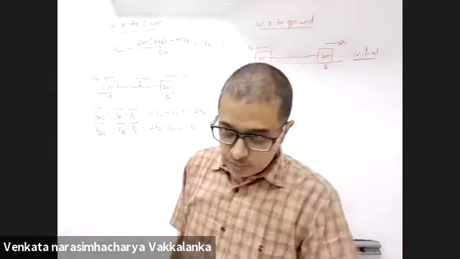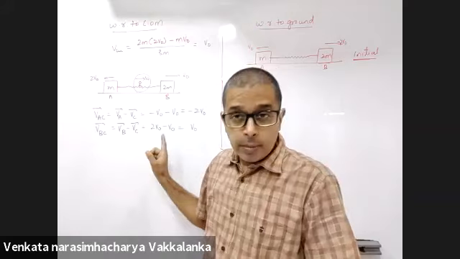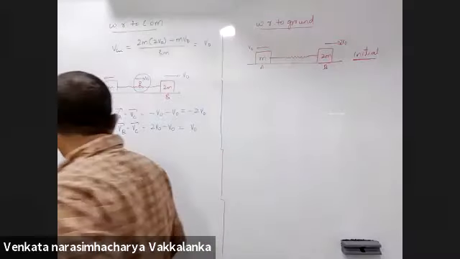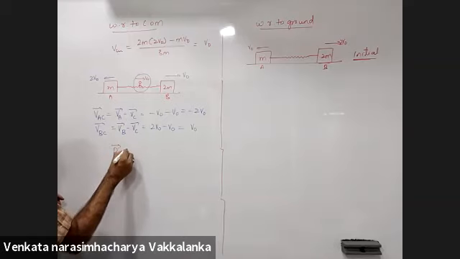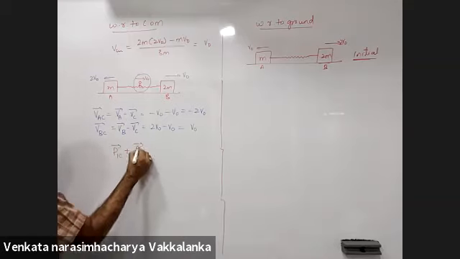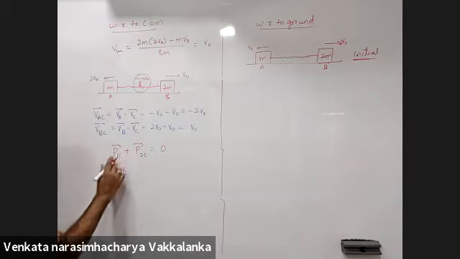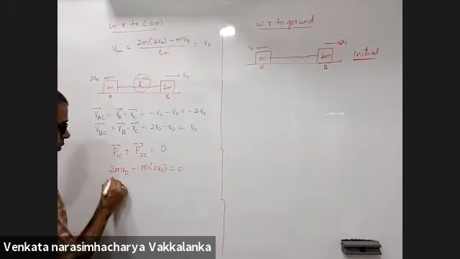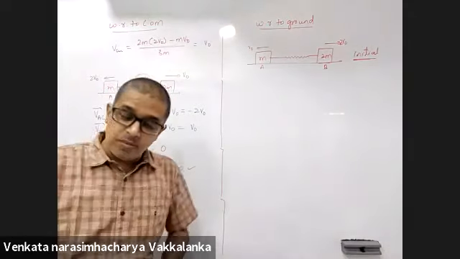Before I can proceed with the problem, whatever I have done needs to be verified as correct or wrong. How do you verify that? The momentum of 1 in the center of mass frame plus the momentum of 2 in the center of mass frame should sum up to 0. This is 2m v0 minus m into 2v0. This sums up to 0. So I'm pretty safe. I can start the problem and its analysis.